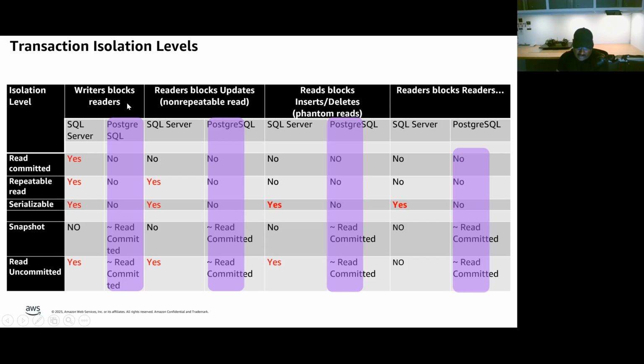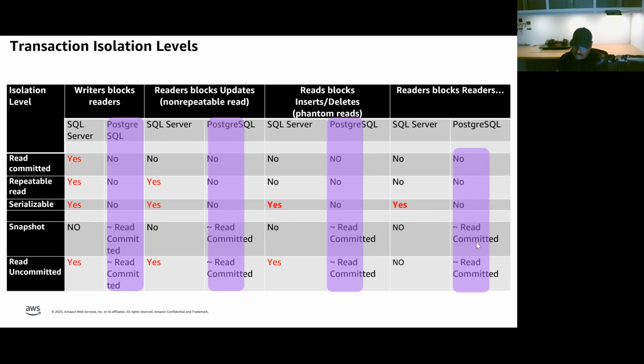And now in SQL Server, writers block the readers when using the default isolation level, right? And this kind of blocking, you will see in SQL Server at various degrees when applying certain isolation levels. But in Postgres, there won't be any blocking at all, irrespective of whatever isolation level you use.